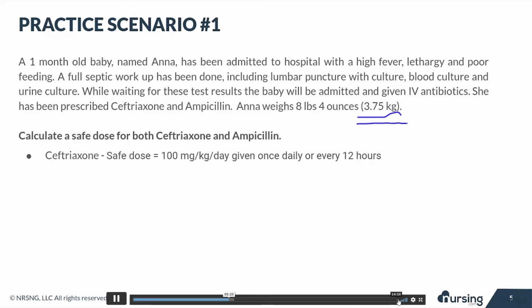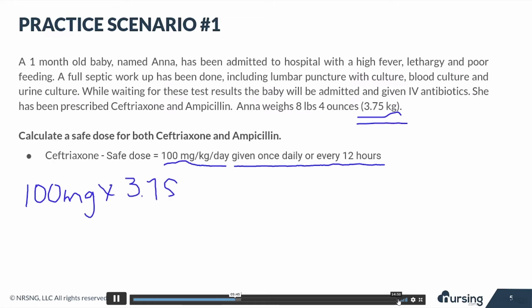So you look in your drug guide, and you see that the safe dose for ceftriaxone is 100 milligrams per kilogram per day, given once daily or every 12 hours. So go ahead and take a couple of seconds to calculate that. Okay, so here we want to take 100 milligrams and multiply that by her weight, 3.75 kilograms, and that gives us an easy 375